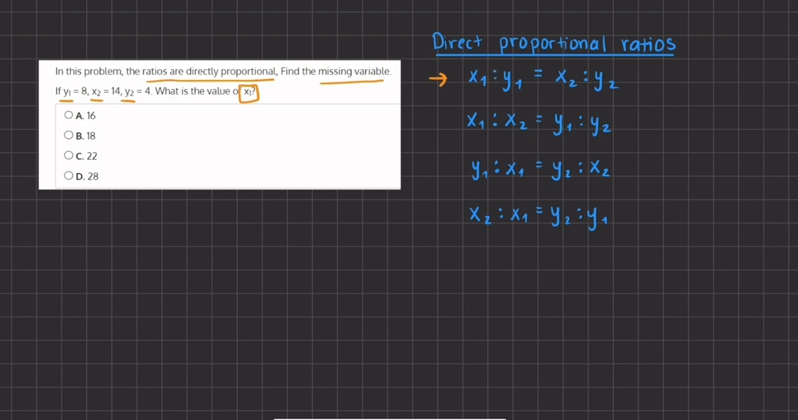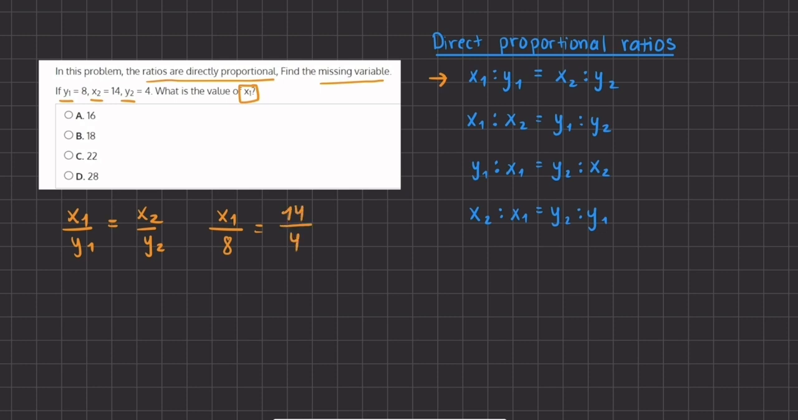Alright, so in our first formula, we have x1 divided by y1 is equal to x2 divided by y2. So now we just have to plug in the values. x1 is our missing variable, so it will stay our missing variable. And y1 is equal to 8, while we have x2 in the numerator, which is 14, divided by y2, which